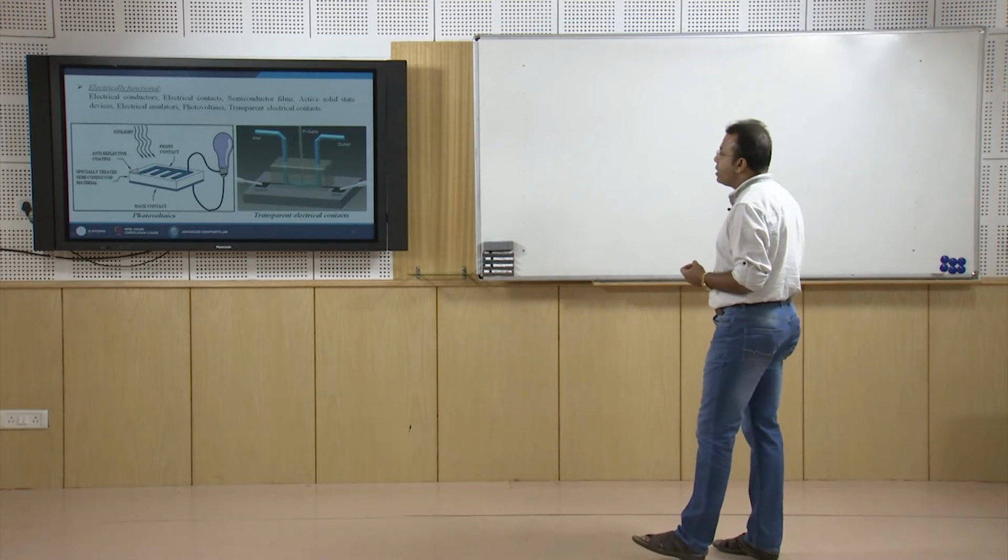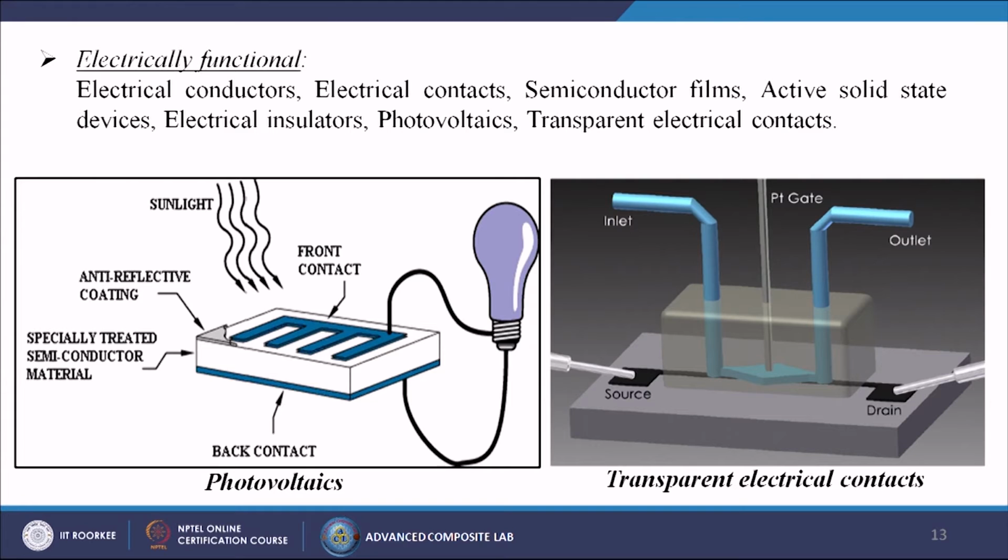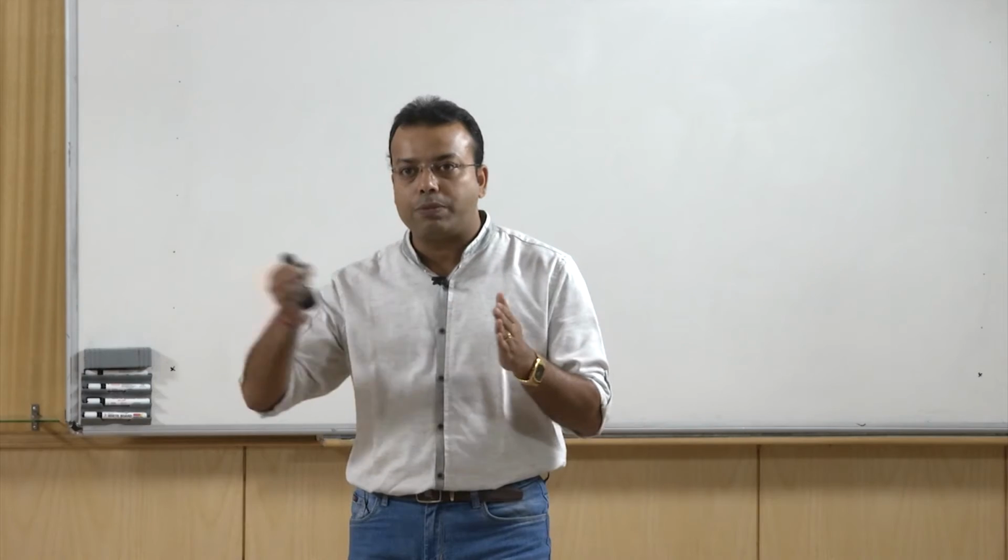Next one is called the electrically functional. So, electrical conductors, electrical contacts, semiconductor films, active solid state devices, electrical insulators, photovoltaics, transparent electrical contacts. So, these all are the different applications where we are using the thin film deposition techniques. Here in this particular case we are using certain things for the photovoltaics applications, and on the right hand side we are using the transparent electrical contacts, so that the electrical energy can pass from one side to